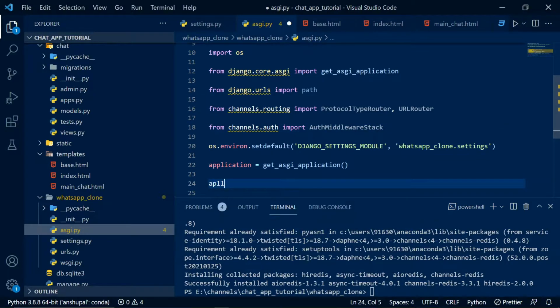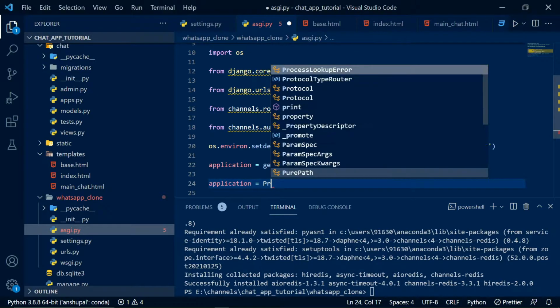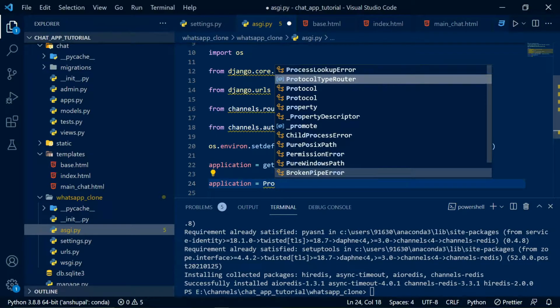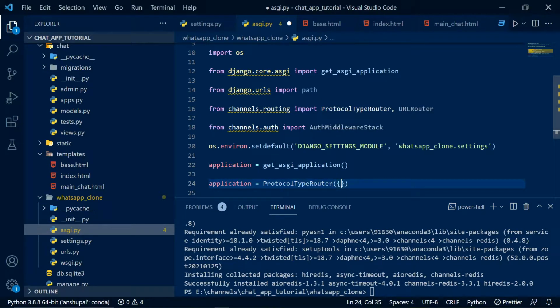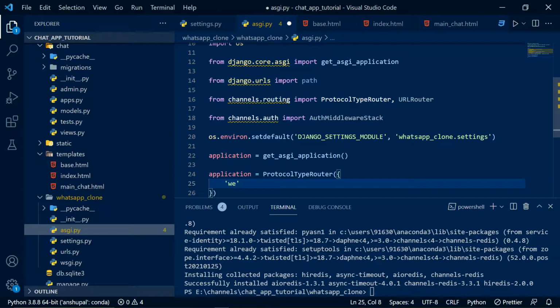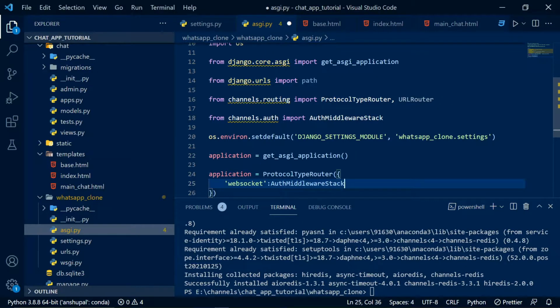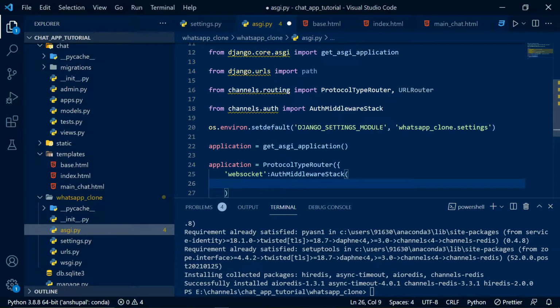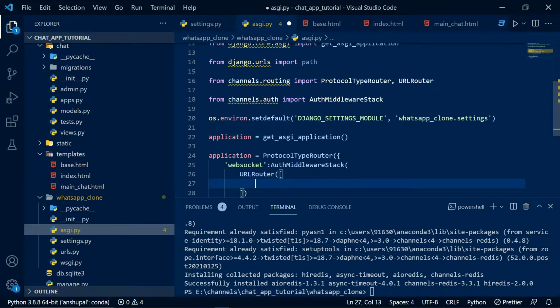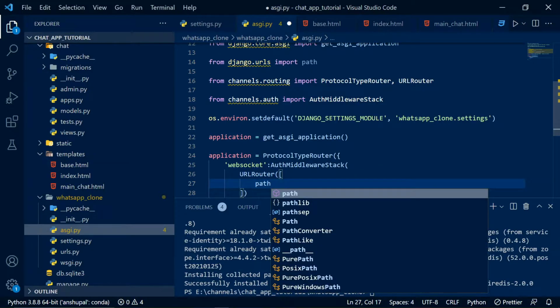Now let's register our consumer. In the application, ProtocolTypeRouter, websocket, AuthMiddlewareStack, URLRouter, and the path will be